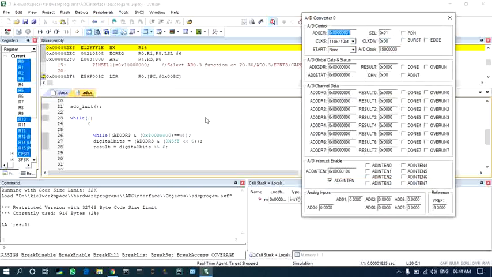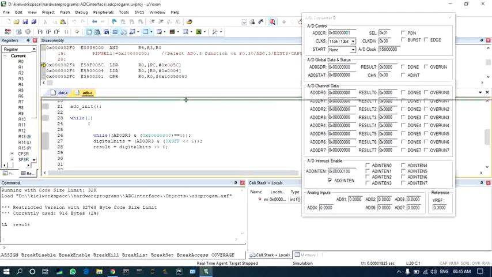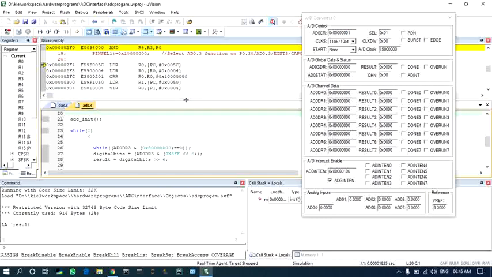You can see here the register contents are displayed, some of which can be set, some of which can only be read. Before proceeding to know the value of the result, let us give the input on channel number 3 under AD0. You can see here we have selected AD0.